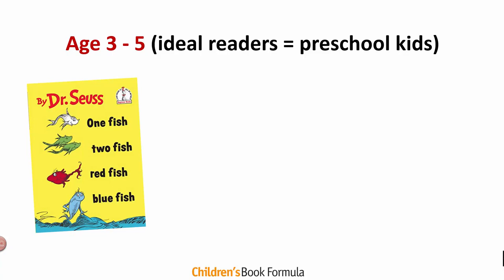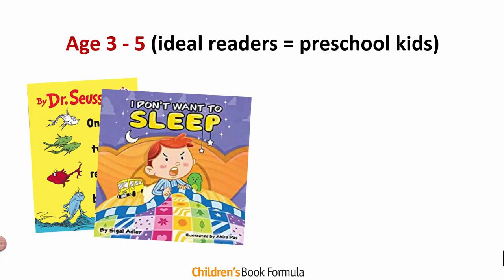Speaking of which, here's a couple of titles inside this particular category. I mentioned Dr. Seuss, One Fish, Two Fish, Red Fish, Blue Fish. Again, introducing this idea of counting for these kids. I Don't Want to Sleep by Siegel Adler. Siegel Adler is a self-published author just like you and me, and she is absolutely crushing it with these early reader age 3 through 5 books. Be sure to look her up in the Amazon Marketplace. Head over to her author page